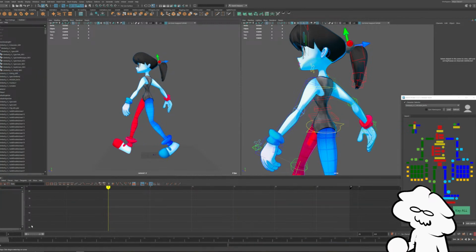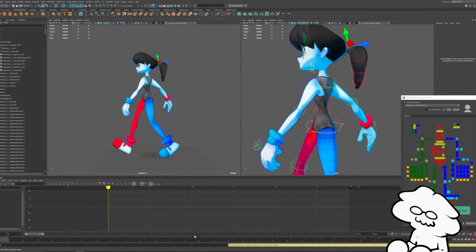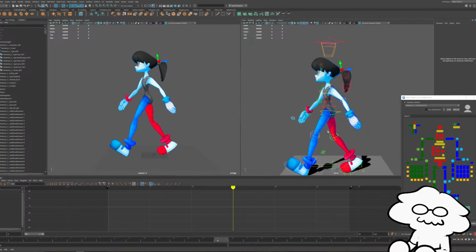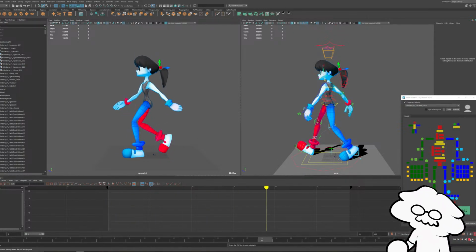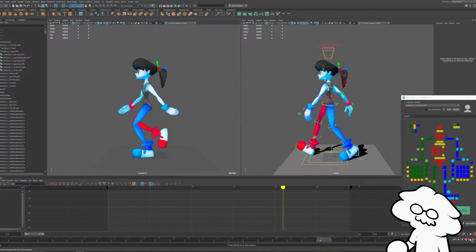And yeah, if you were to flip between frame 0 and 15, frame 0 being our first step and 15 being our second step, these are pretty well mirrored, which is generally what you want. You want them to be pretty good mirrors of each other, each pose. Yeah, that feels pretty good.